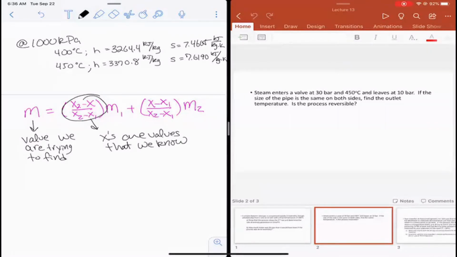And in our particular problem, at the very beginning here, the value we're trying to find is temperature, and the values that we know are enthalpies. And the subscripts here, 1 and 2, denote which case you're looking at, right? And so we're going to call this one 1, and we're going to call the higher temperature 2. And what that means is that for us to solve this problem and to find the final temperature, we have an equation that